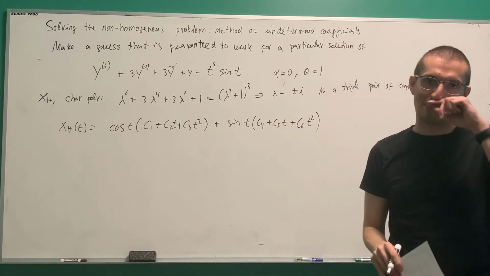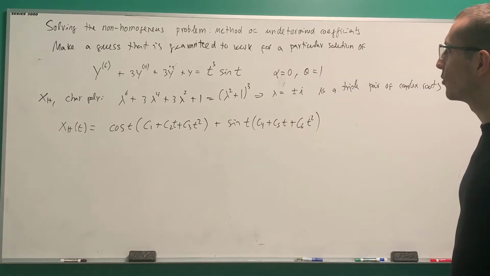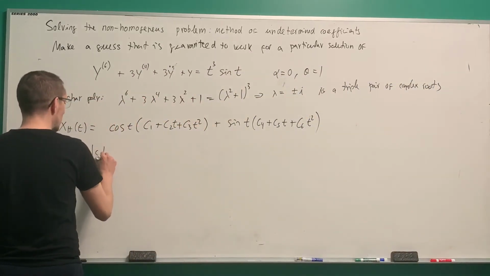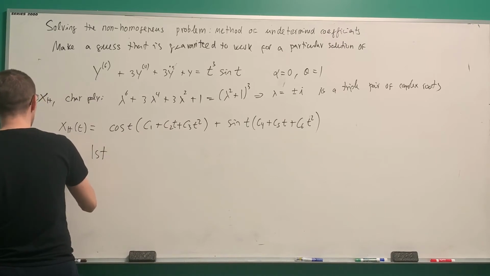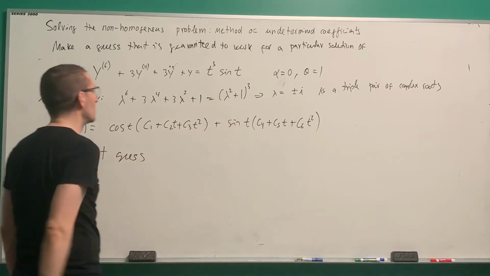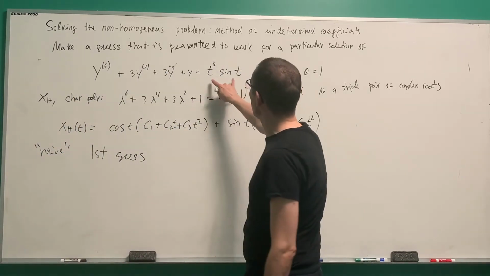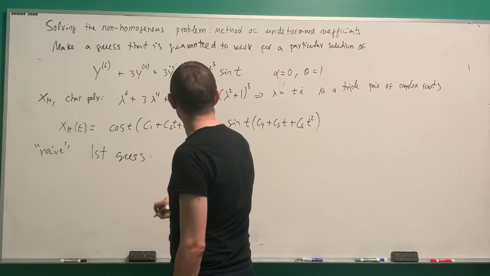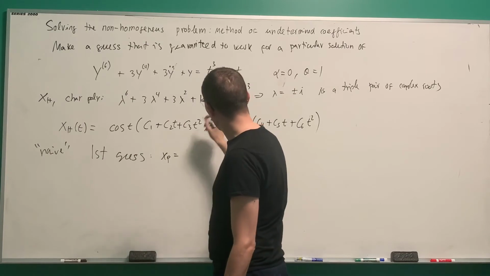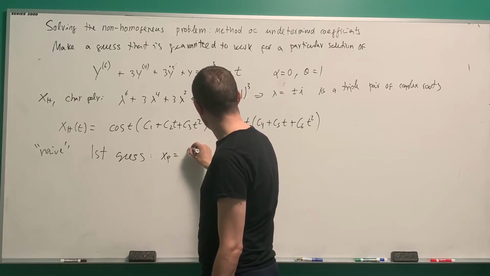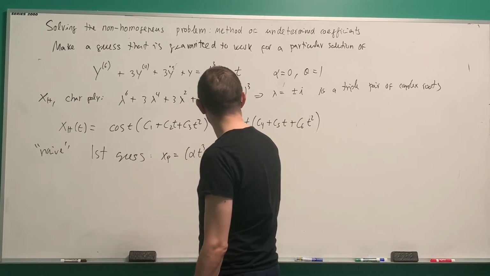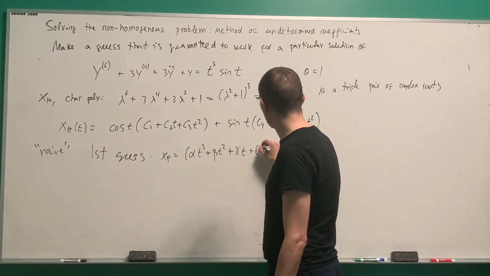That's the homogeneous solution. Now we need to make a guess for the particular solution. What would be a good guess? Let's do a first guess, a naive guess, as if without taking into account this homogeneous solution. Well, naively, we need a trigonometric function times a polynomial. So my guess would be x particular of the form polynomial of degree 3, which is alpha t cubed plus beta t squared plus gamma t plus delta,